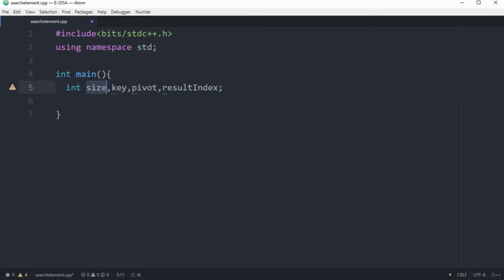So size is basically going to store the size of the array. The key is going to store the element which I need to find. The pivot is the element which I will be using to store the breakpoint, or the point from where the